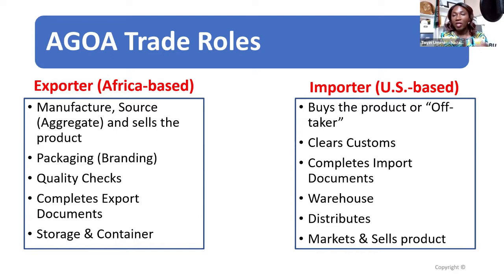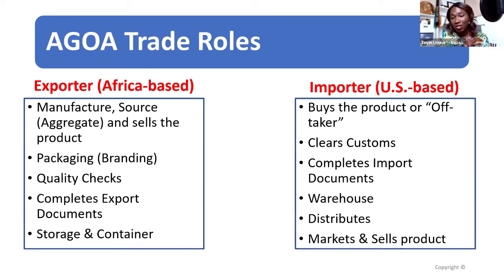Okay, if you're in the US and you want to play the role of the importer, you can be the off-taker. You hear that phrase used a lot. You can be the buyer, right? But realize you're also responsible for the distribution, right? And there are different types of agreements you could structure, right? That determines your business framework, whether you're an agent, a distributor, or a representative. There are different legal structures you could put in place as the importer.